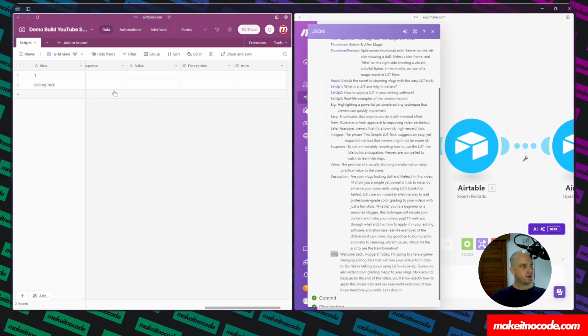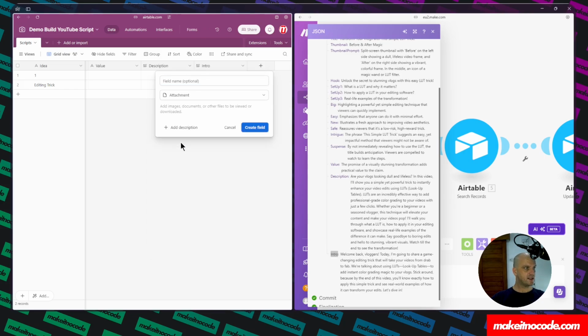Okay, so I've just put in all of these fields. They're all single line of text with the exception of the description and the intro. As you can see here, they're quite long. And then the reason I've stopped the sped up version is I want to show you how you add an image to Airtable. So what we're going to do is add an attachment, and we're just going to call this the thumbnail. So what we can do inside of make.com is pass a URL. So basically it will download the image, so the image created by Dall-E 3, from the URL and insert it into Airtable. So if I click Create Field,